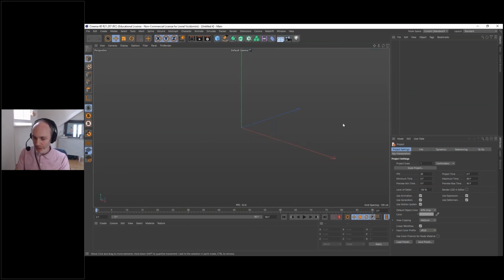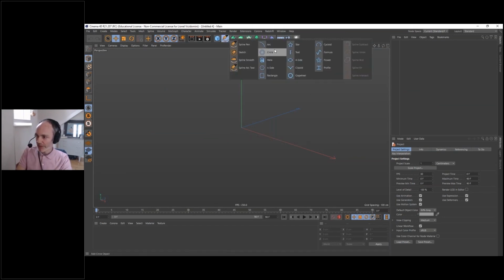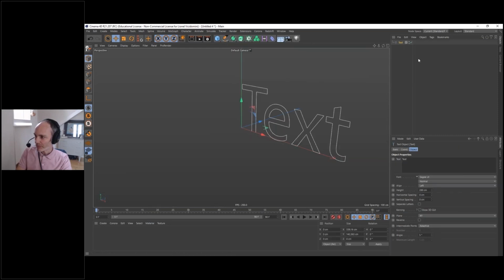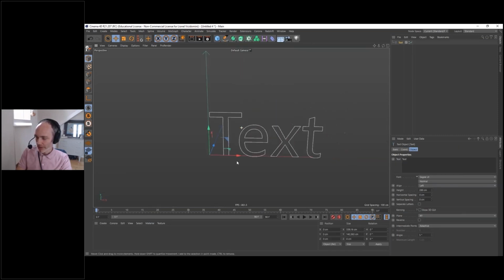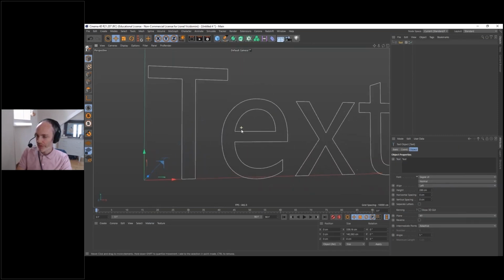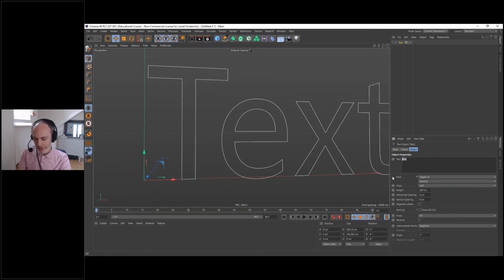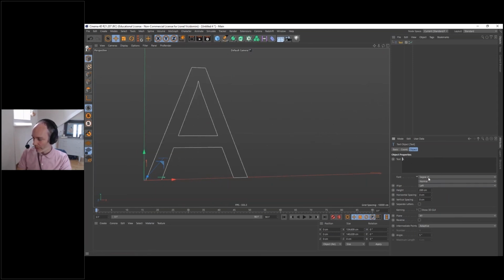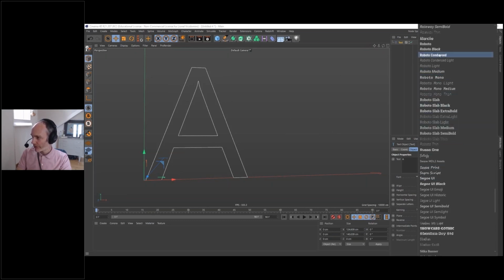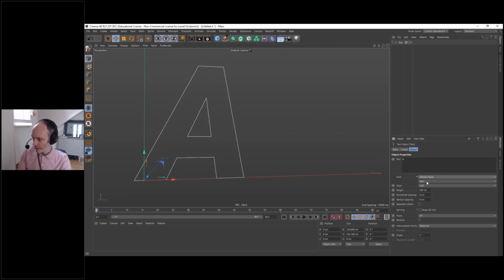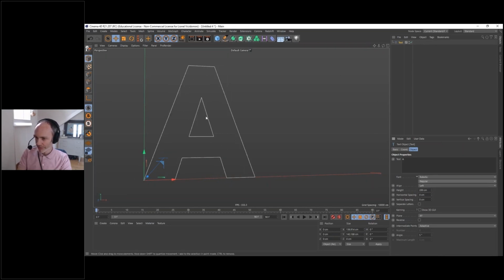So I'm going to create a text with a spline, the spline text. And I want to stress that you can do that with any spline. So it could be a logo, it could be a text layer, it could be just a free form you do with the spline text. Here I'm going to use a type, and we'll use just the A and it can be any font, but I'll use the Roboto Black in regular because it's a big fat font, so there's plenty to work with.